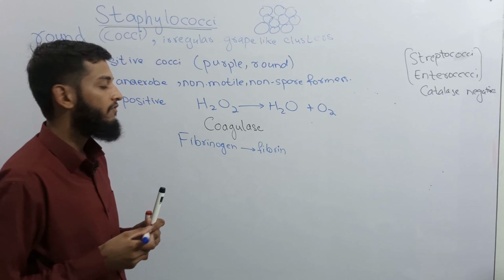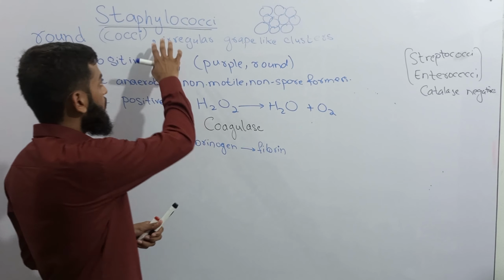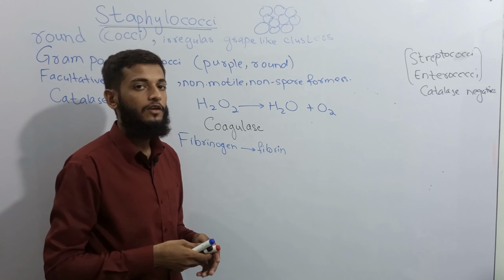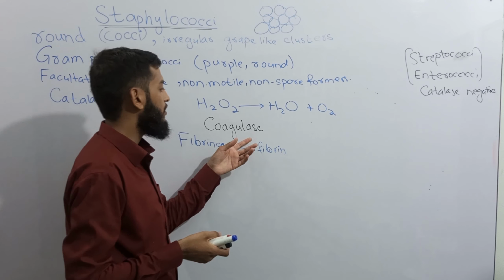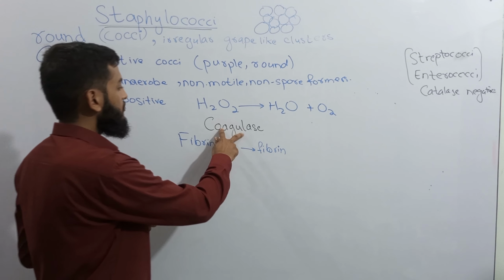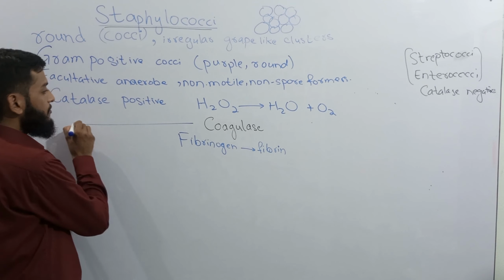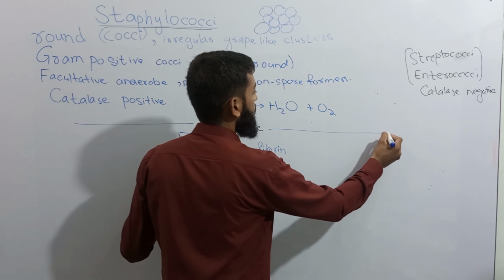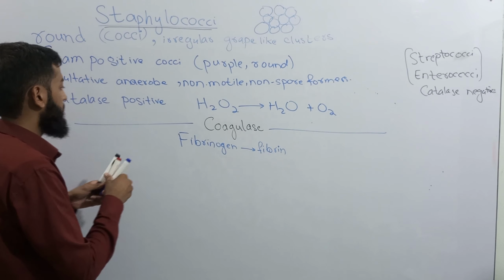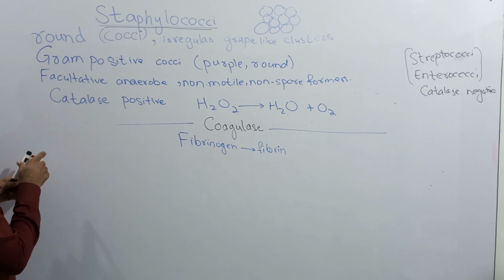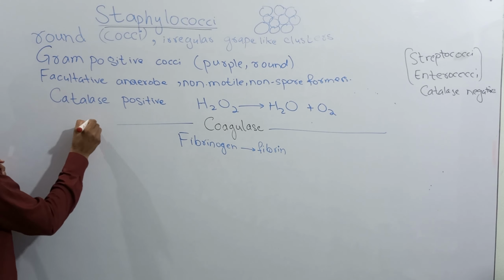Coagulase is also one of the virulence factors of staphylococci and plays a role in causing disease in humans or in animals. On the basis of coagulase, staphylococci are categorized into two groups. Coagulase positive staphylococci include Staphylococcus aureus,